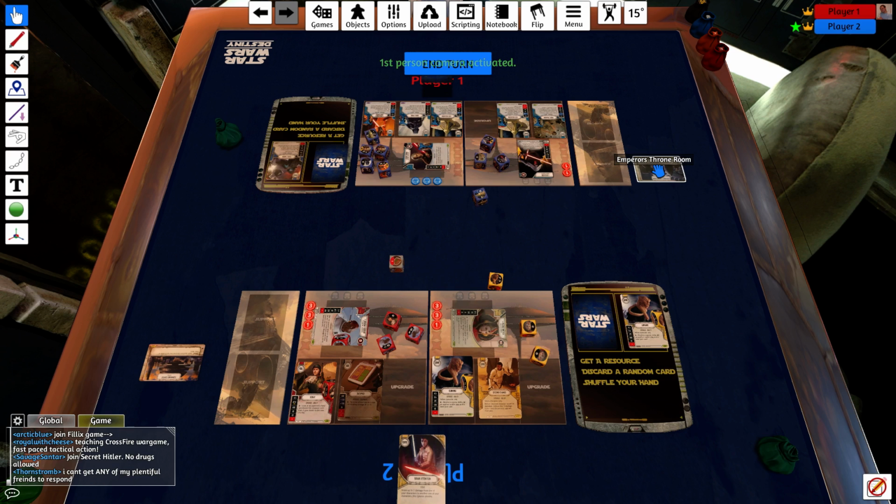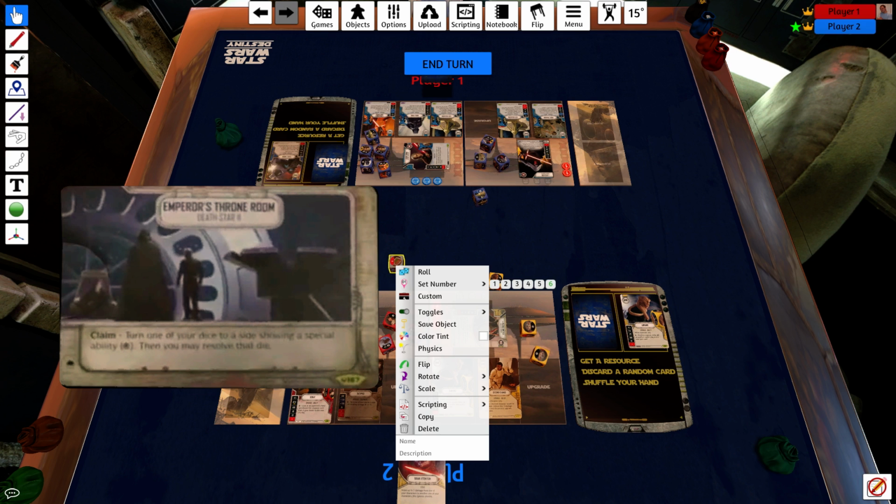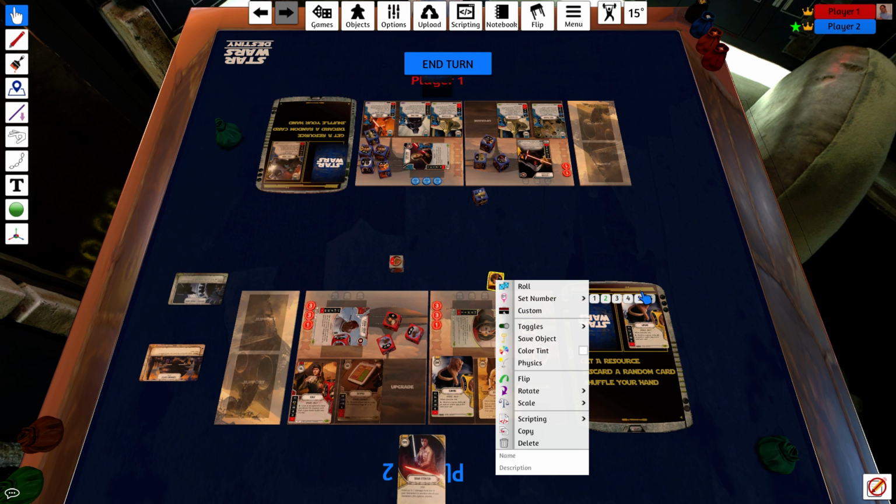They're going to play the battlefield. They're going to set, let me see, turn 1 of your dice to a special and then resolve it. So we're going to turn Cunning to its special. And they will trigger the special of